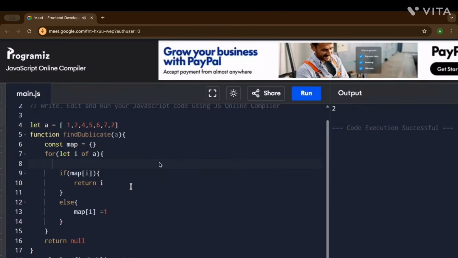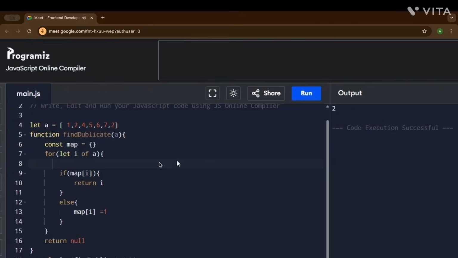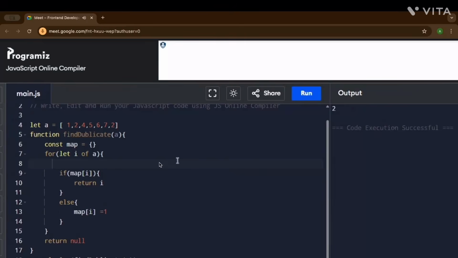Nice. And what is reconciliation in React? Reconciliation is like, in React, we have a virtual tree, and for the screen, the browser renders the actual tree. So this comparison between the actual tree and the virtual tree is reconciliation.